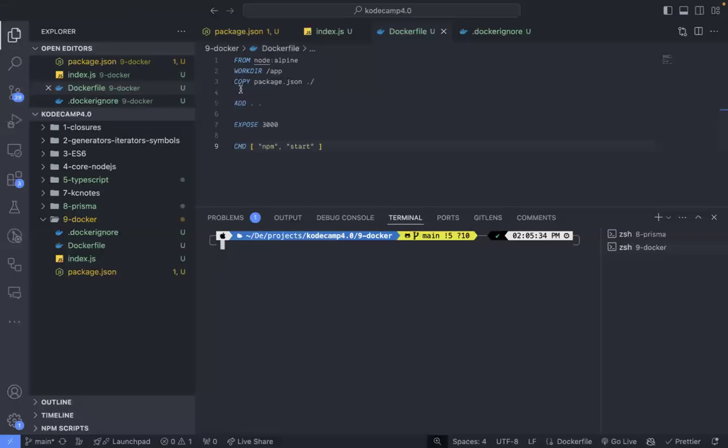You instruct Docker when you write this WORKDIR here, and then